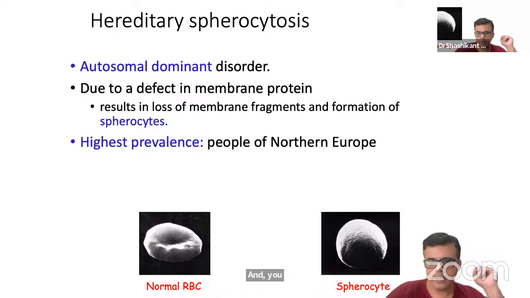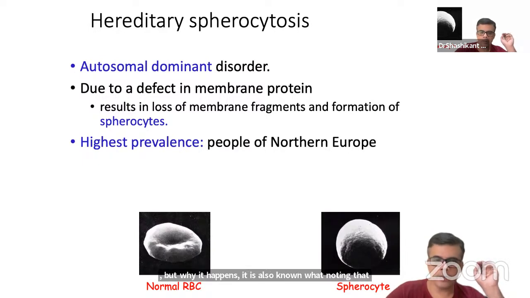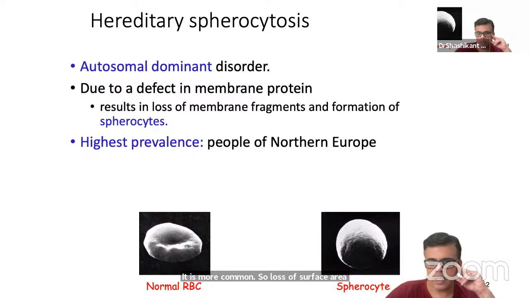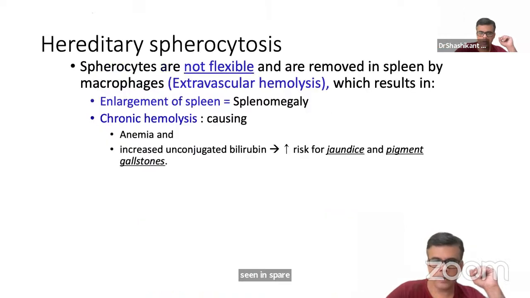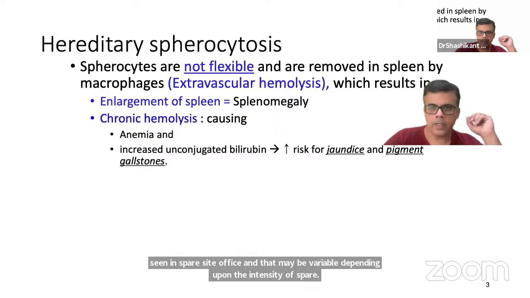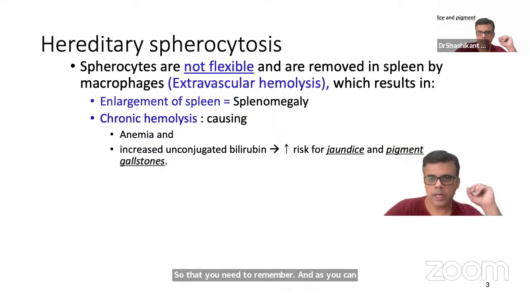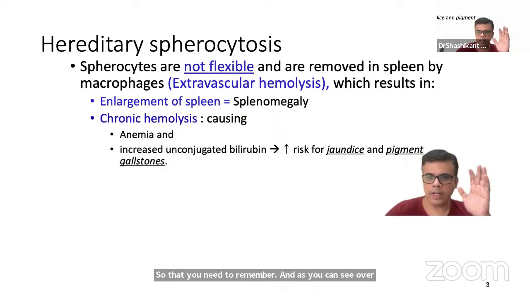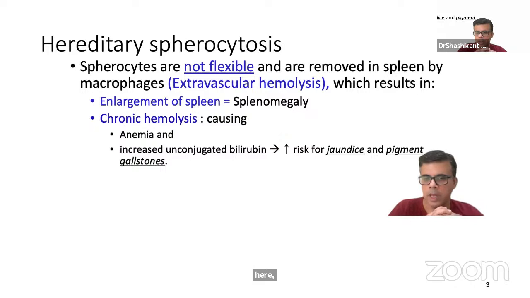But why does it happen? It is also worth noting that there is a prevalence in certain parts of the world. It is more common. So loss of surface area is much more seen in spherocytosis, and that may be variable depending upon the intensity of spherocytosis. That you need to remember. As you can see over here, the spherocytes are not flexible. That is the important feature, and they become